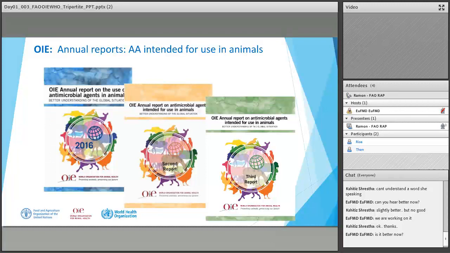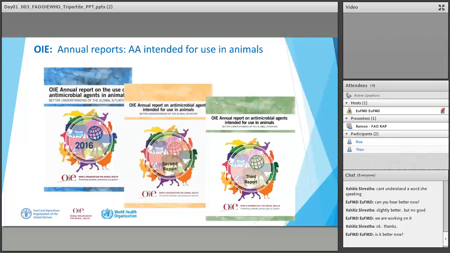It is kind of an agreement when they enroll in OIE. Actually, OIE has 182 member countries. When they join OIE, they sign an organic statute. It is mainly about transparency. Transparency means whenever you have a notifiable disease in your country, you have to report. It appears on the OIE website, and then everybody will know what kind of transmissible or notifiable diseases are present in different countries. Likewise, the countries are supposed to report antimicrobial usage as well to the OIE.